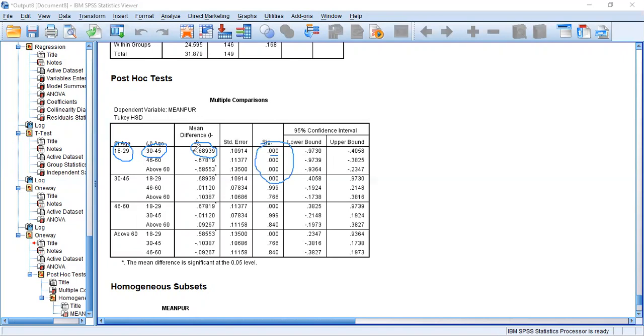Because this mean difference is calculated with the mean value of 18 to 29 reduced by the mean value of age 30 to 45. Since it gives a minus value, that indicates the purchase behavior mean value of people 30 to 45 is more than people 18 to 29. So that's why you are getting minus.